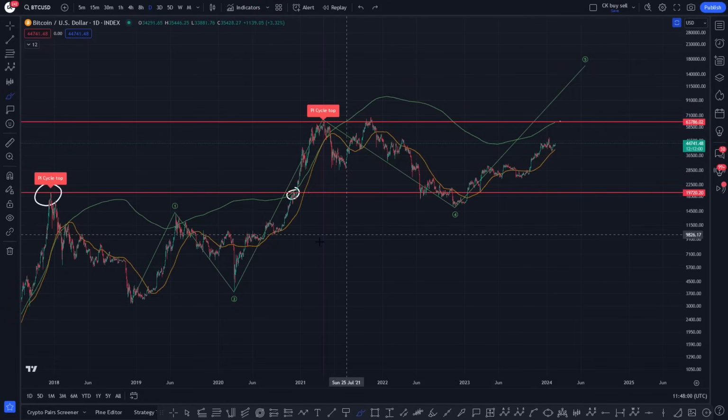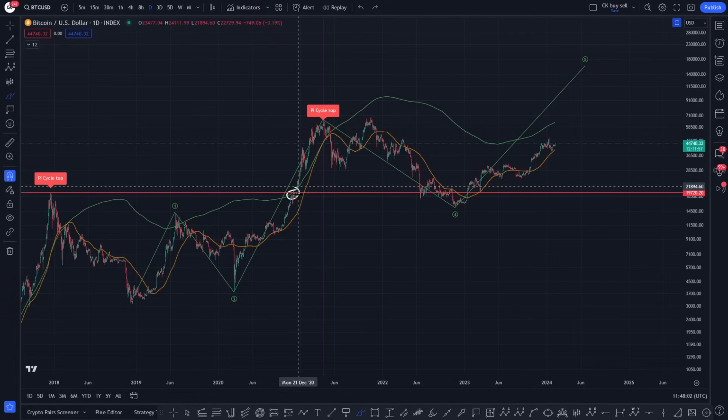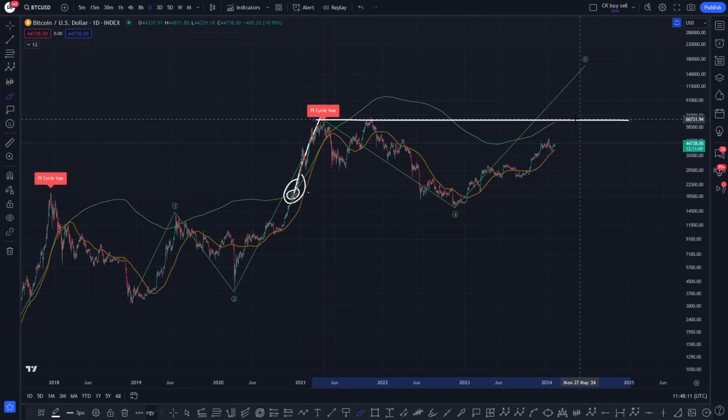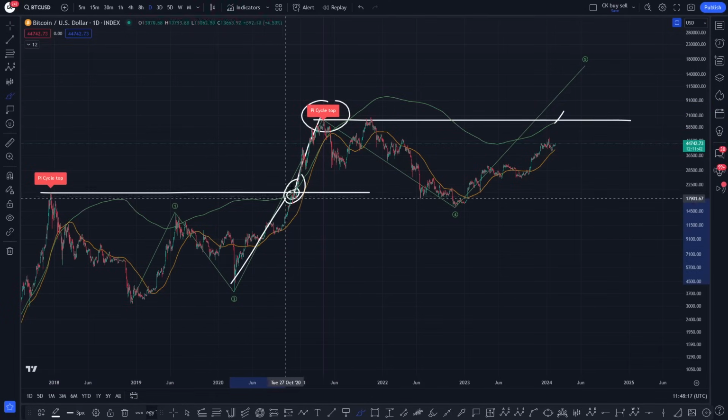So the true parabolic stage for Bitcoin doesn't begin until, in every cycle, we get above the green line. If we take out the green line, this is where the true parabolic stage begins, and obviously, as you can see, if we do start to get above the green line, you are equally getting above the all-time high like you did on that upthrust as well in this major move to the upside. So I'll leave that with you. Again, it's data, not emotion. I'm just relaying that to you. In the short term, if we lose that low, we've got the ABC, but if we break that high, we're still in the 3rd wave, and this was merely a micro correction within the 3rd wave.